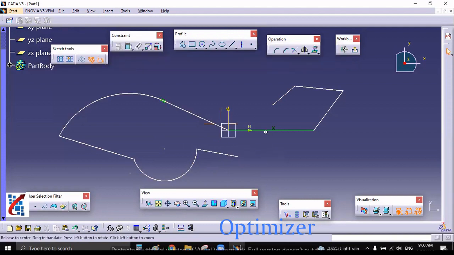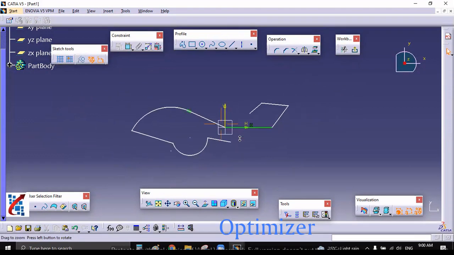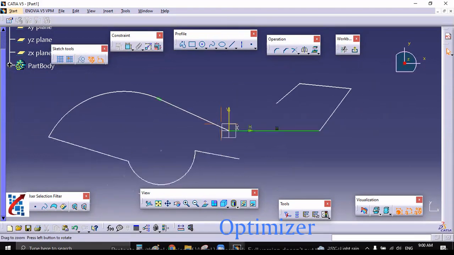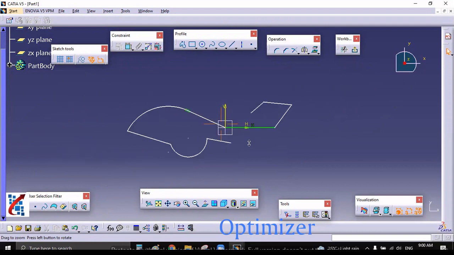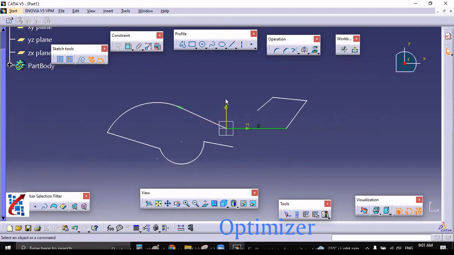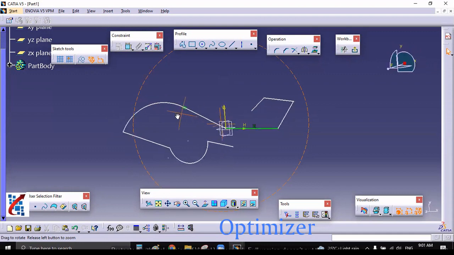Okay. Now, one important thing I want to tell you is the controls of CATIA. Okay. So mouse scroll plus right click, then leave that right click, this will be zoom in, zoom out. Okay, only one time you have to press that right click. Then control plus scroll plus right click, this is rotate.